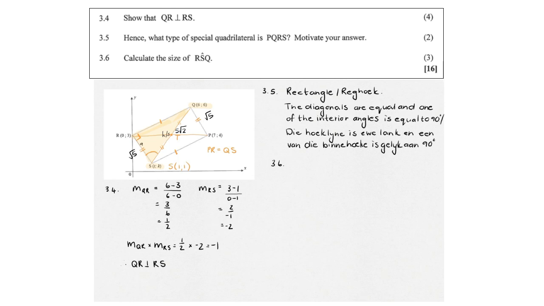And adjacent and hypotenuse is the cosine ratio. So we can write then that cos of angle RSQ is equal to the adjacent side, that's square root 5, divided by the hypotenuse, and that is equal to 5 square root 2. And if we want to determine the size of angle RSQ, we take the inverse cos of square root 5 over 5 square root 2, and this is then equal to 71,57 degrees. This question counted 3 marks. You get 2 marks for cos of angle RSQ equal to square root 5 over 5 square root 2, and 1 mark for the answer.